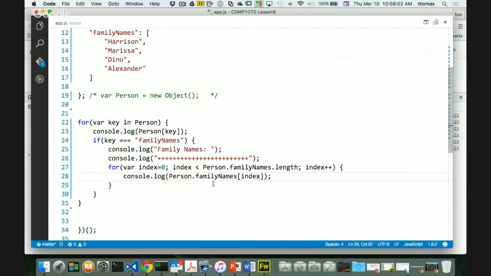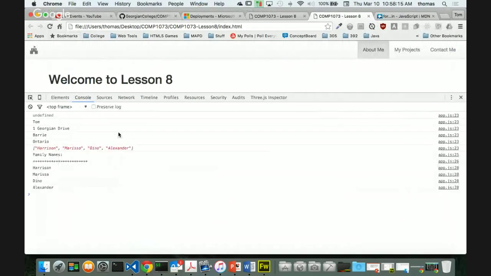Same thing we've seen with arrays, except we're looping through an array that's contained inside an object. All right, a little more complex structure. Let's see what we get when I do this. If I get an error, refresh. There's my family names, Harrison, Marissa, Dino, and Alexander, and then I can print them out, Harrison, Marissa, Dino,